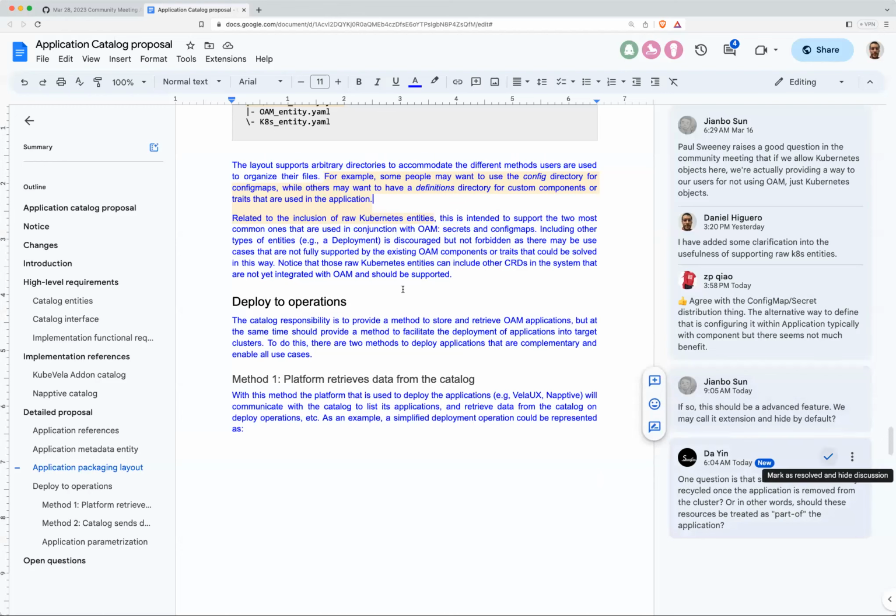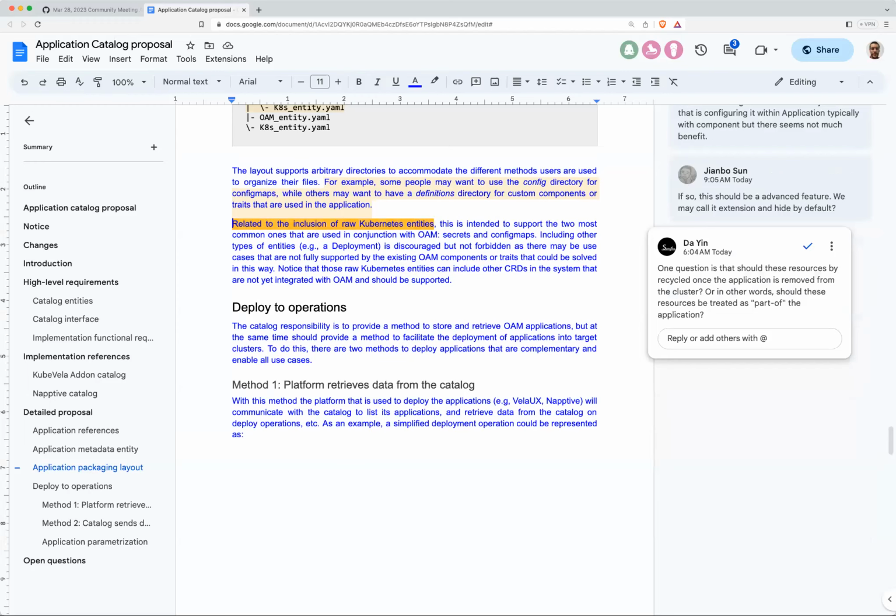Okay, I see. So actually, I raised this issue because, from my perspective, if we treat it as part of the application, or we need to recycle it or upgrade it once the application is changed, then I think it's part of the desired state of the application, which should be encoded in the application itself directly, but there are some